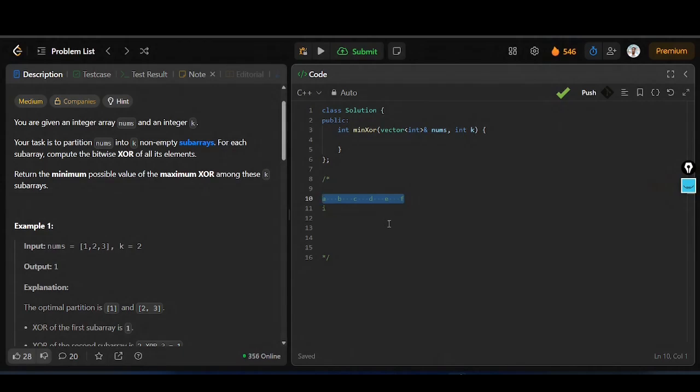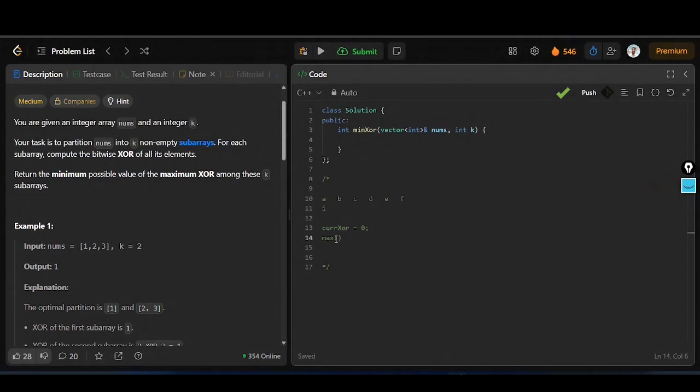Okay. So if I have this as a partition and this is the remaining, in that case I am going to maximize this current XOR. So I'll have something like current XOR within my DP, which will start with 0. Okay, right. This will be a state